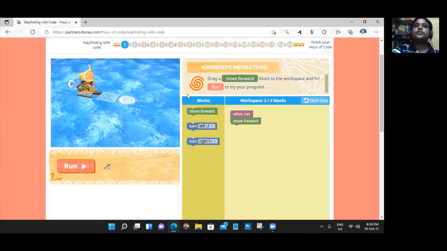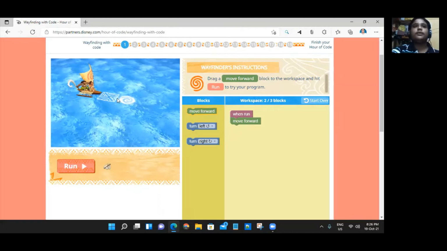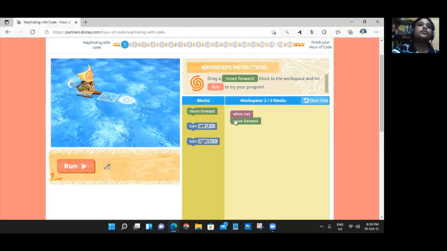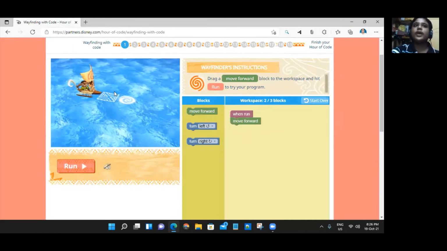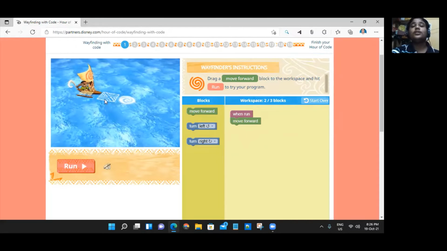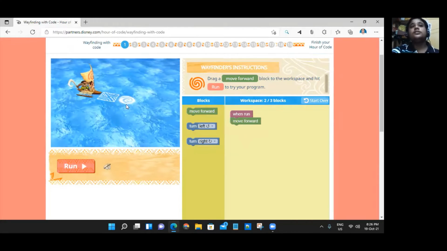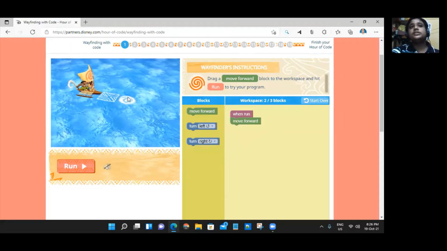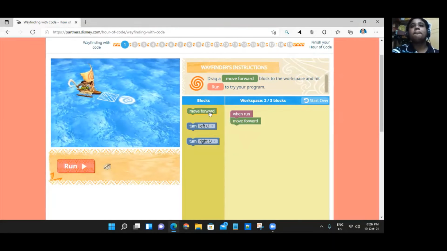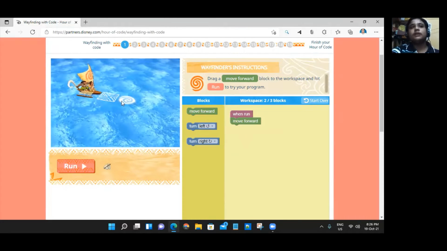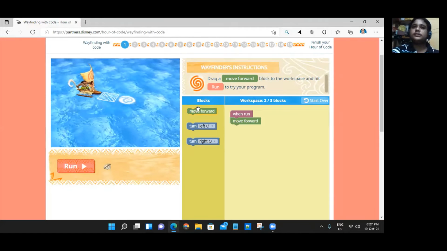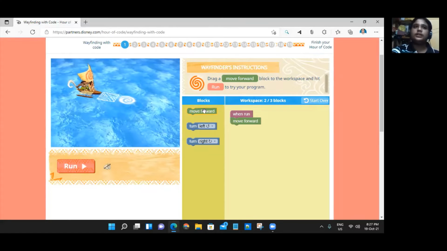So what will you do? You do one move forward to here. With one move forward, you come to this square block, but this is not your destination. Your destination is this round block. So one move forward is not enough, so I use a second move forward also.